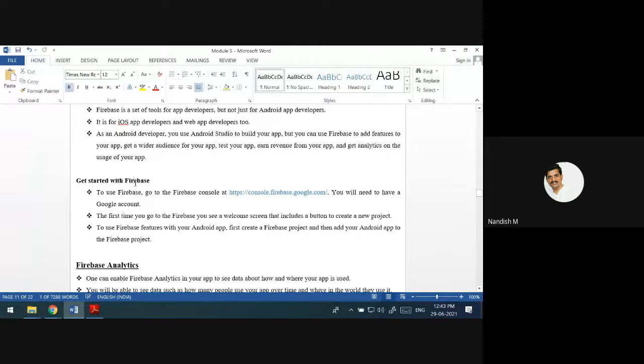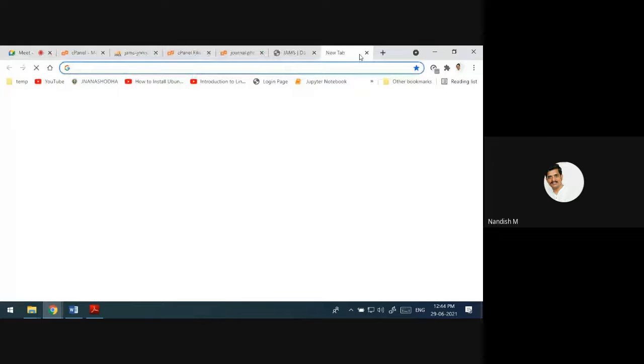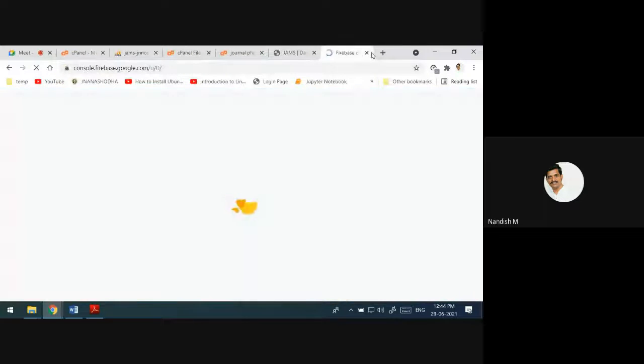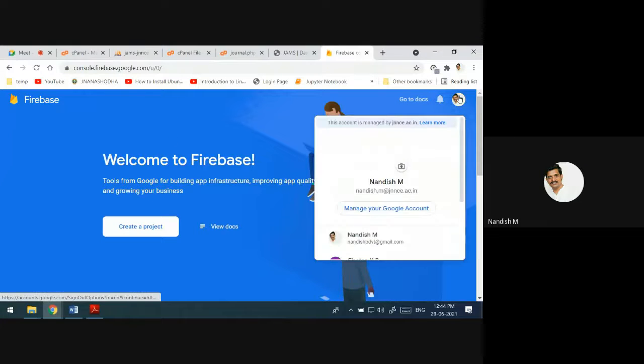Now, where do we see this Firebase? If you go to this address, console.firebase.google.com, it requires one Gmail account to log in.